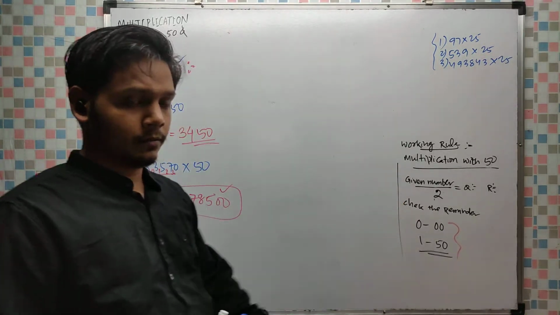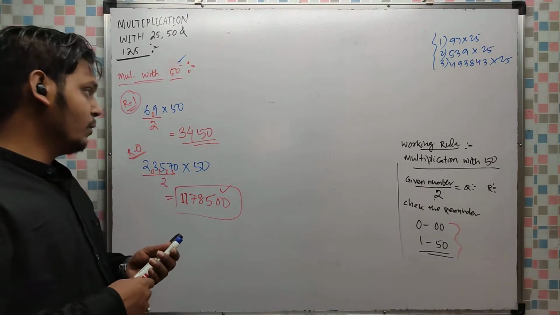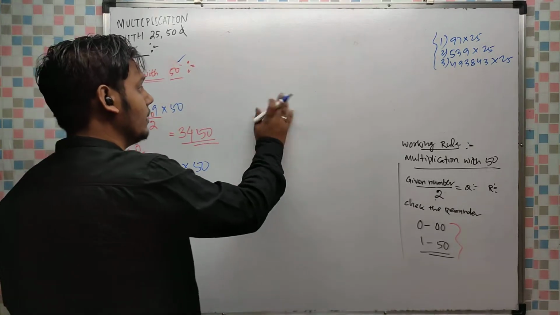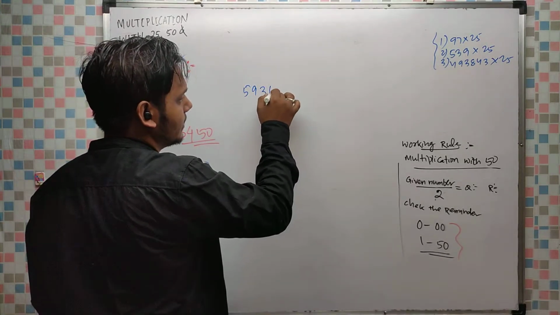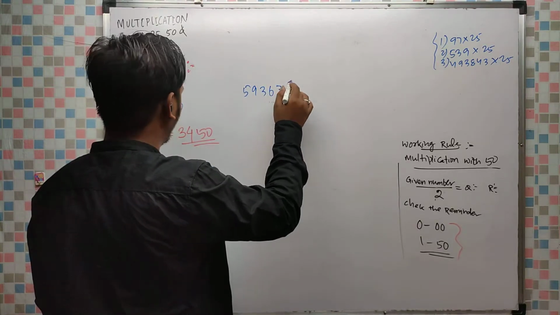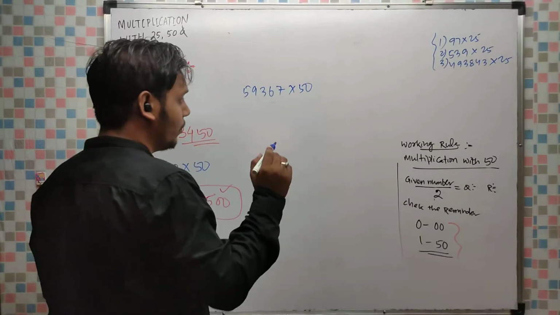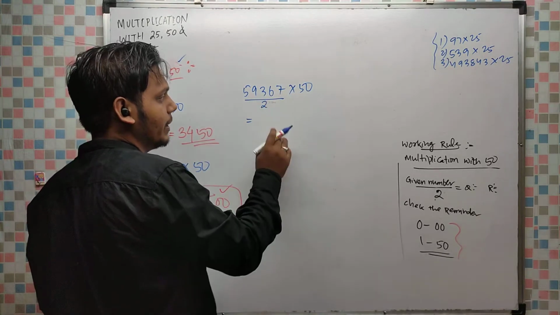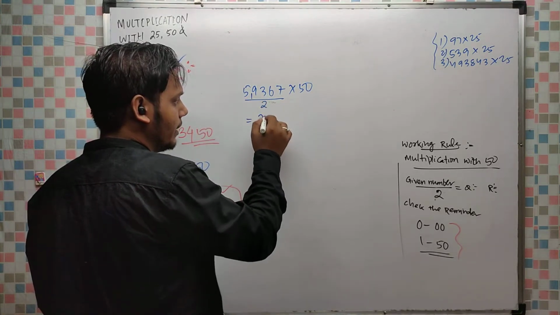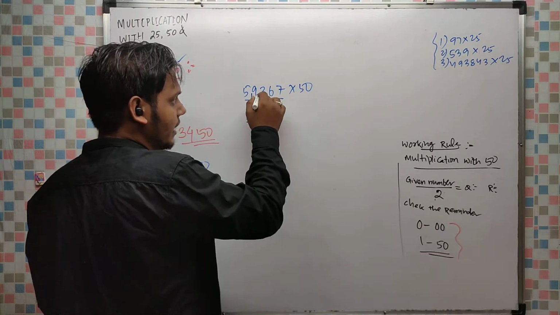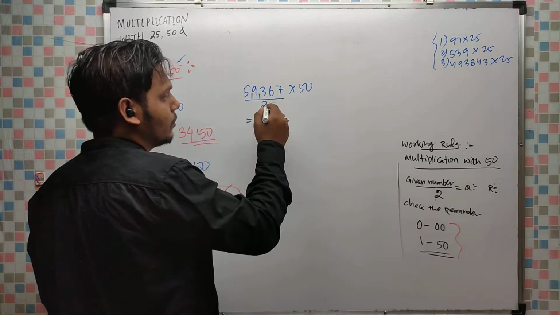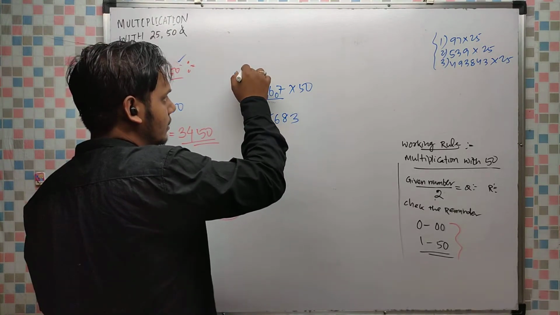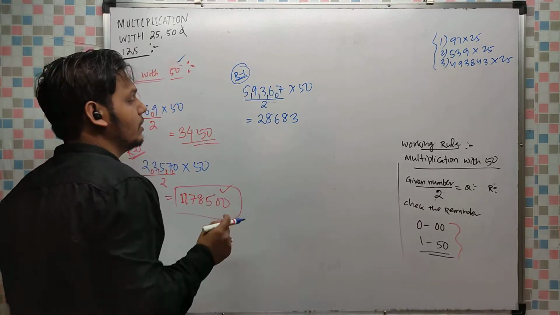Okay, one more number I will do, thereafter I will give you some numbers that you have to do. See, 59367 into 50. What do I have to do? First the given number will be divided by 2. 2 twos are 4, 1 remains, 19 means 2 nines are 18, again 1 remains, 13, 2 sixes are 12, 1 remains, 16, 2 eights are 16, 0 remains, 2 threes are 6. The remainder is 1. I am doing the division here, you have to do it yourself.